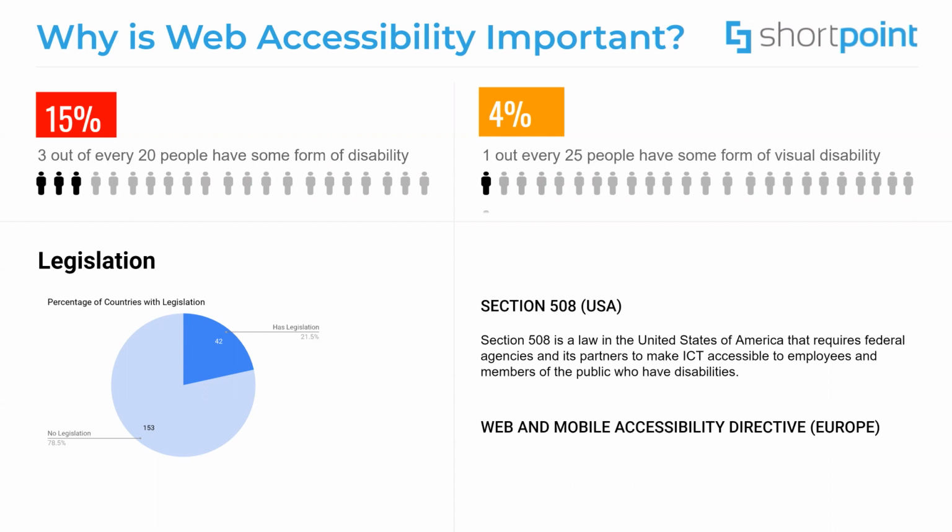Out of that 1 billion, about 4% of the world population, which is over 200 million people, live with some form of visual disability. This is 1 out of every 25 people. Saying that disability affects a large part of the population of the world today, and the web is a very important aspect